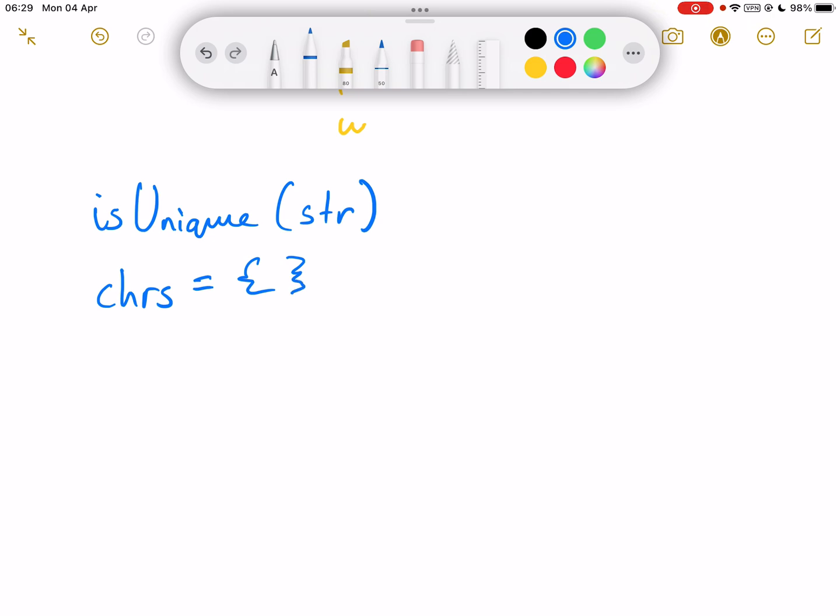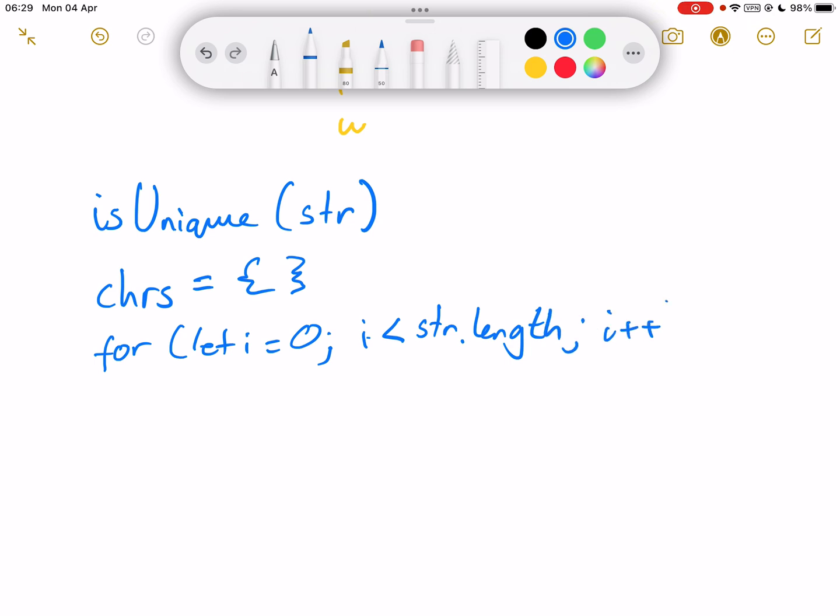Then for let i equal 0, then i is less than str.length, then i plus plus,